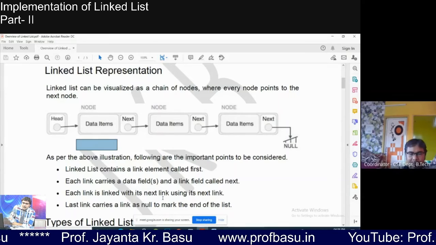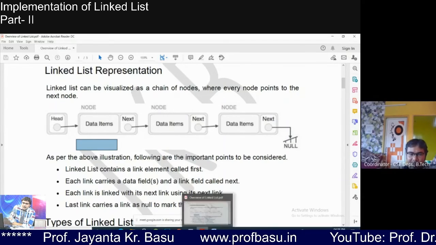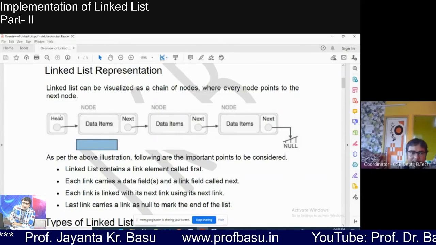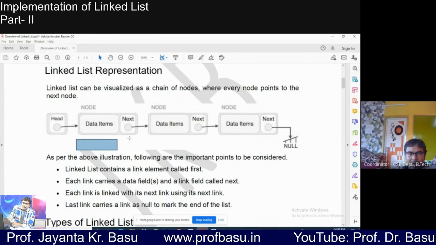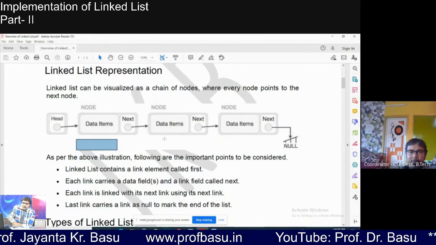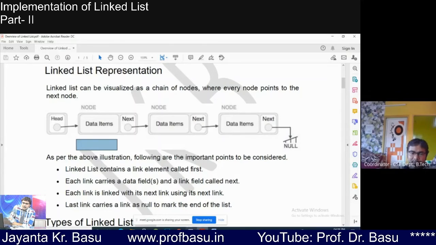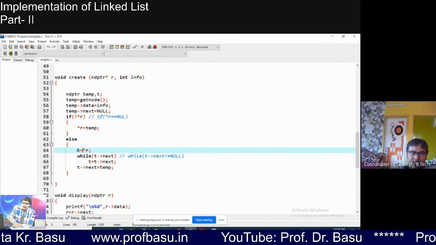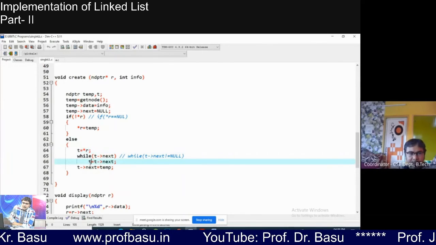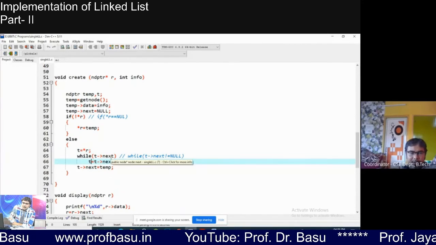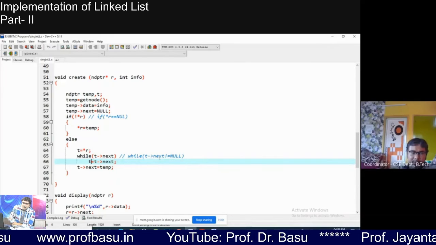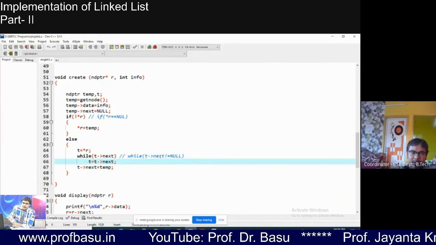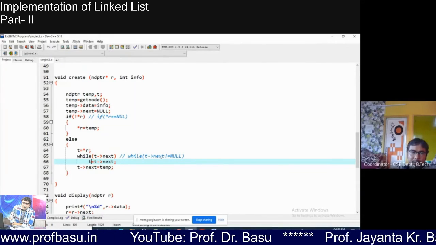That's why I have taken another variable t, which is holding the value of the root, and I am moving that t to reach the end of the list. How to reach the end?